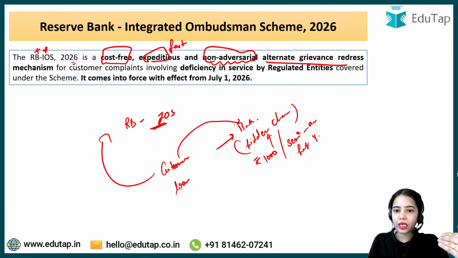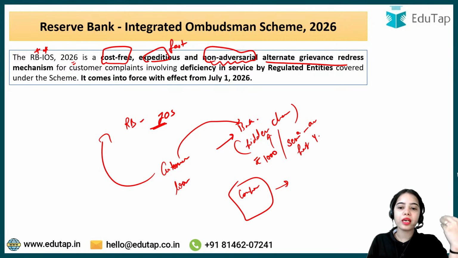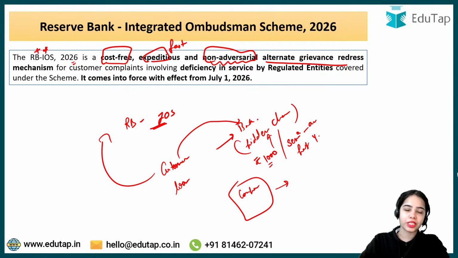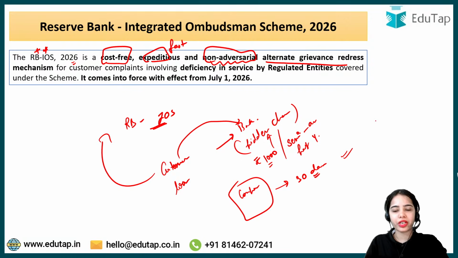First, you will go to the bank and you will raise your complaint with the bank. Let's say the bank has answered your complaint in a very satisfactory manner, that this rupees 1000 will not be deducted now, and whatever has been deducted will be reversed, as these were the charges that were mistakenly deducted. Okay, and whatever charges have been taken till now, they will be reversed to you. So you are satisfied with the answer, and you got the answer within 30 days, so you will drop your complaint there.